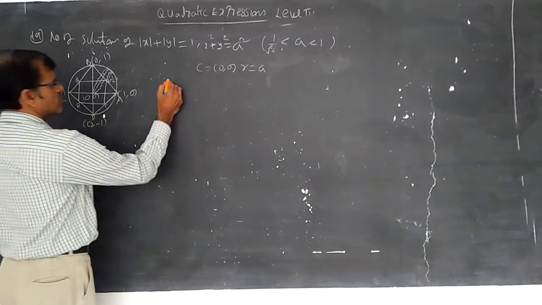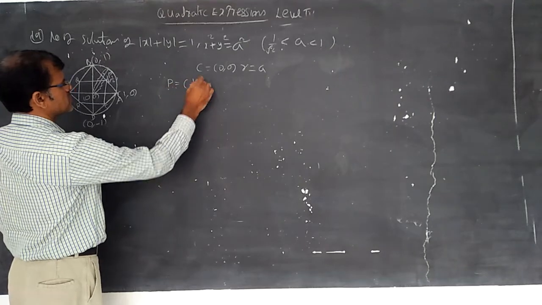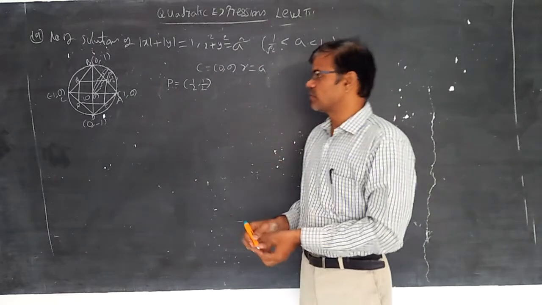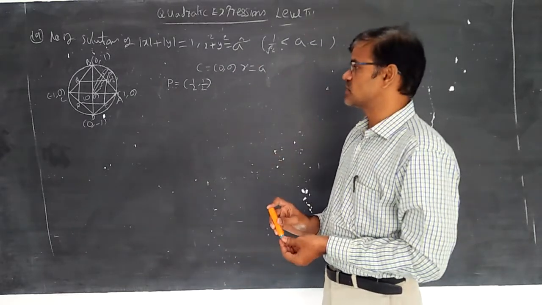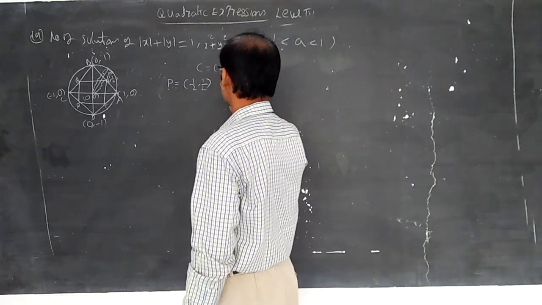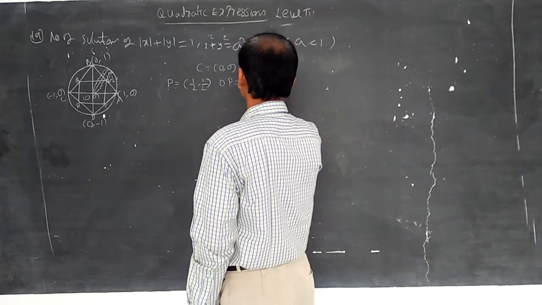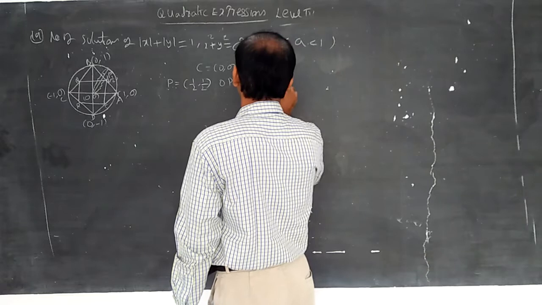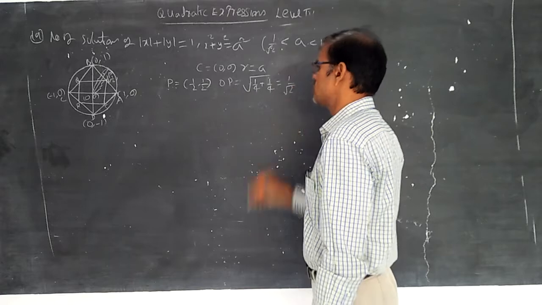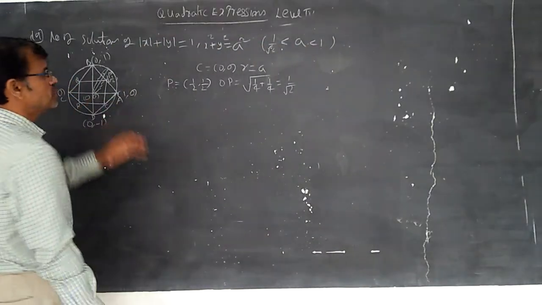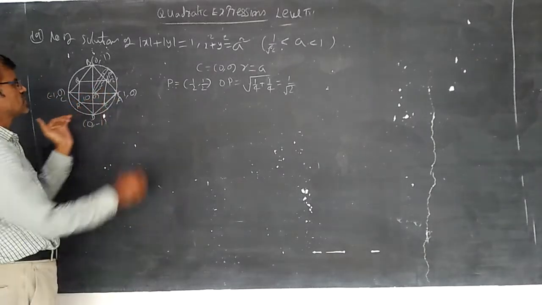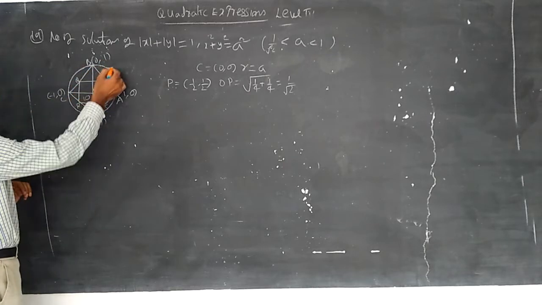Midpoints are there. Let us discuss that P is equal to (1/2, 1/2), Q is equal to (-1/2, 1/2), R is equal to (-1/2, -1/2) and S is equal to (1/2, -1/2). So P is equal to (1/2, 1/2). So OP becomes root of 1/4 plus 1/4, which is root of 2/4, so root of 1/2, which is 1/root 2. So whatever the solution we need, the solution should lie above this midpoint circle and below this circle.